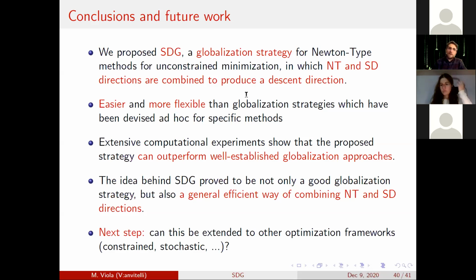So in the future, we would like to analyze the application of this kind of strategy in more interesting settings with respect to the unconstrained, really smooth setting we are in. So our hope is to devise a way of applying this to constrained optimization or also to stochastic optimization, and hopefully in the realm of non-convex optimization in the training of neural networks, for example,